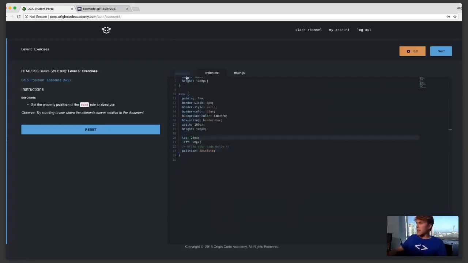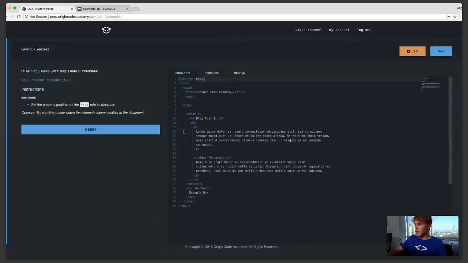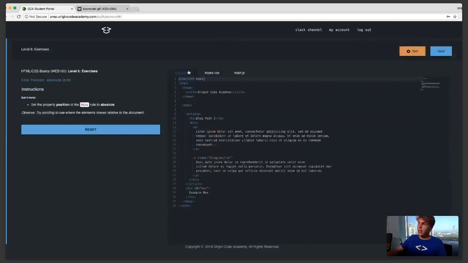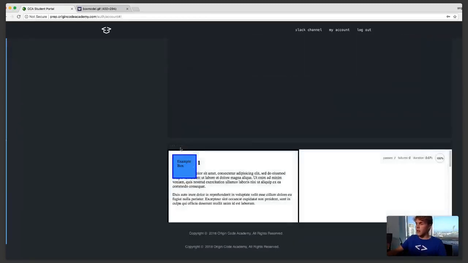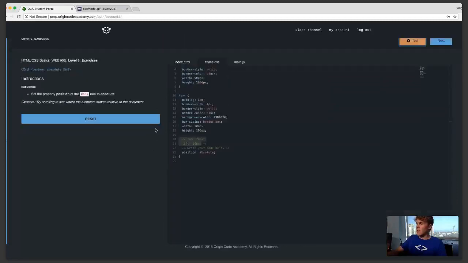So the reason that it has some space between the padding, between the actual outside element and the element itself, is this top and the left here. We're telling it to be 20 pixels from the top and 20 pixels from the left of where it would actually appear. And so just for demonstration, we will comment out these lines and show you that now,